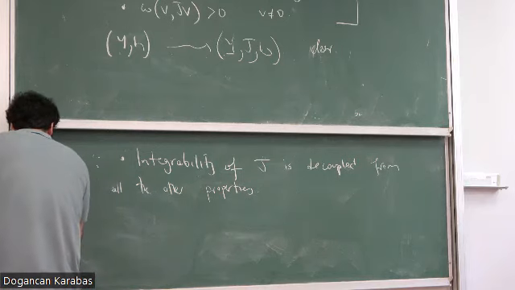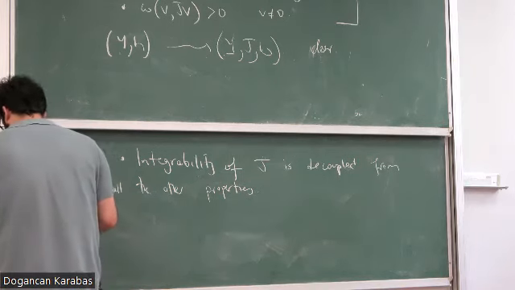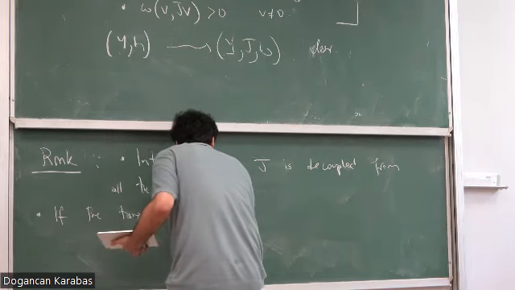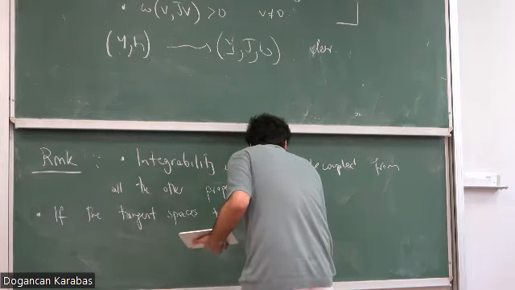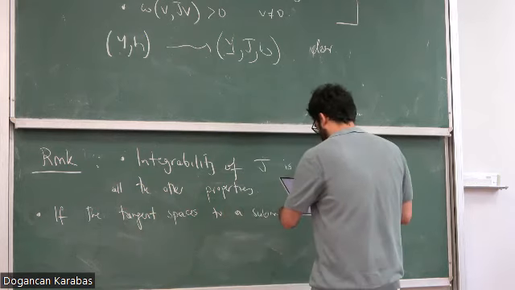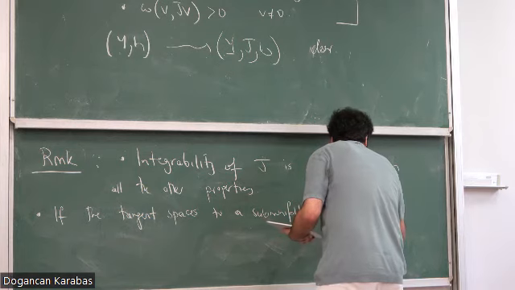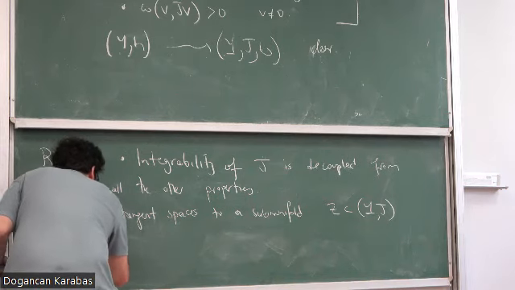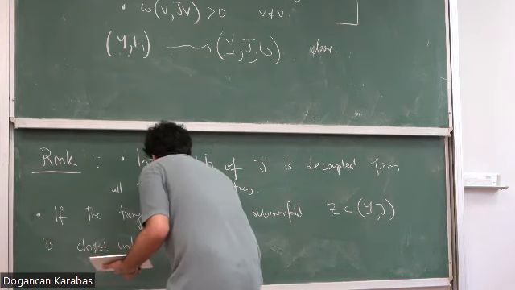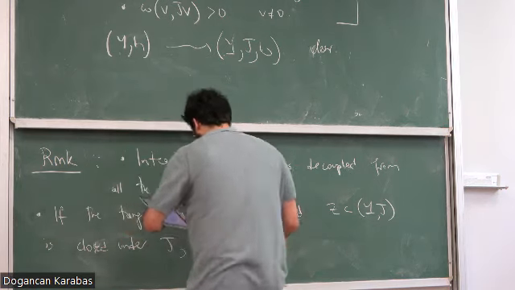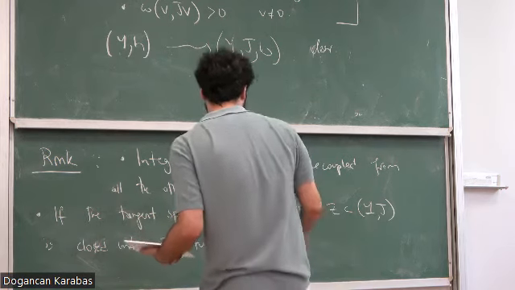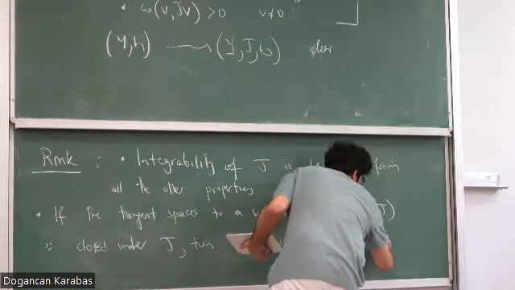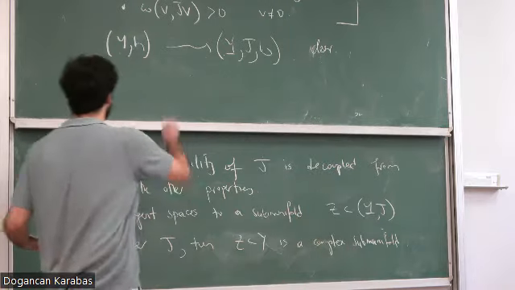And another thing is that if the tangent spaces to a submanifold, so Z inside Y by J, is closed under J, then the corresponding subset of Y is a complex submanifold. Okay, so I have some